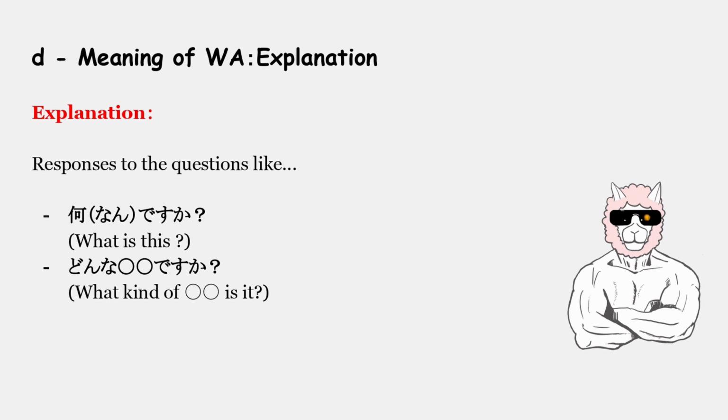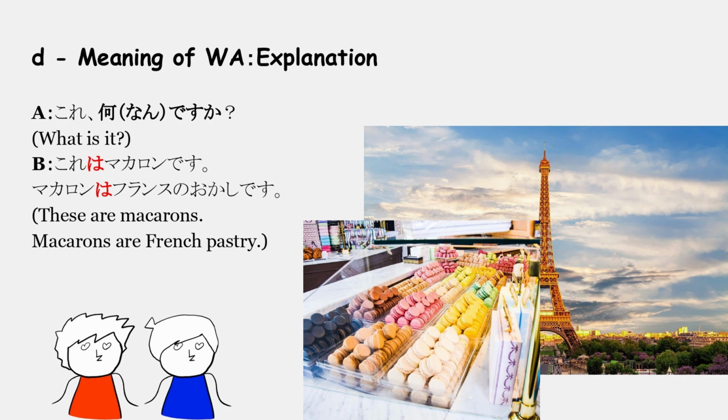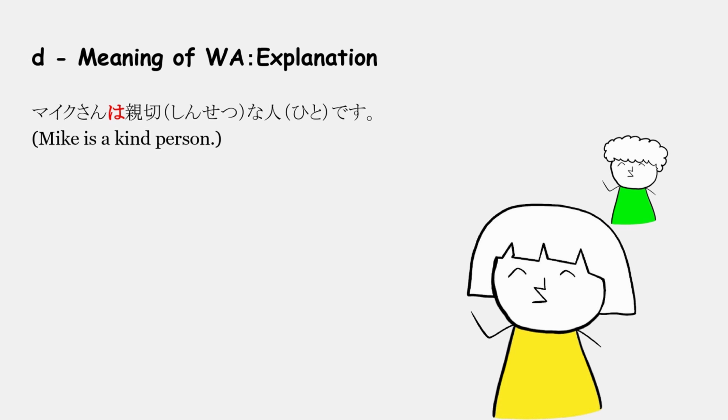The fourth, wa of explanation. I use this word for the replies to this question, like 何ですか? どんなほにゃにゃですか? For example, これ何ですか? これはマカロンです。マカロンはフランスのお菓子です。